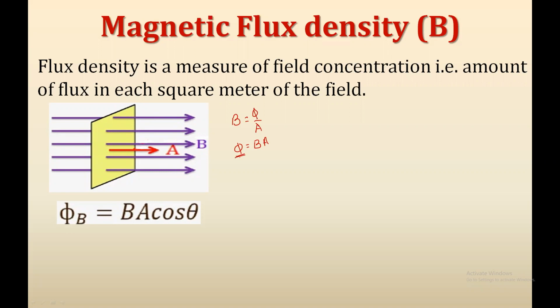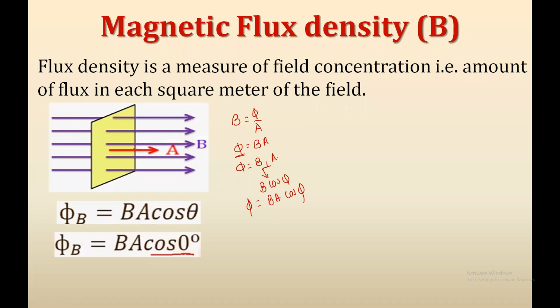Then the flux passing through the particular area is nothing but the perpendicular component of this flux density times the area of cross section. And that component is nothing but B cos theta. That's why our formula for flux is BA cos theta. But now if the plane of the coil is perpendicular to the magnetic lines of force, it means that the normal of the plane is parallel to the magnetic lines of force, meaning the angle between them is 0.